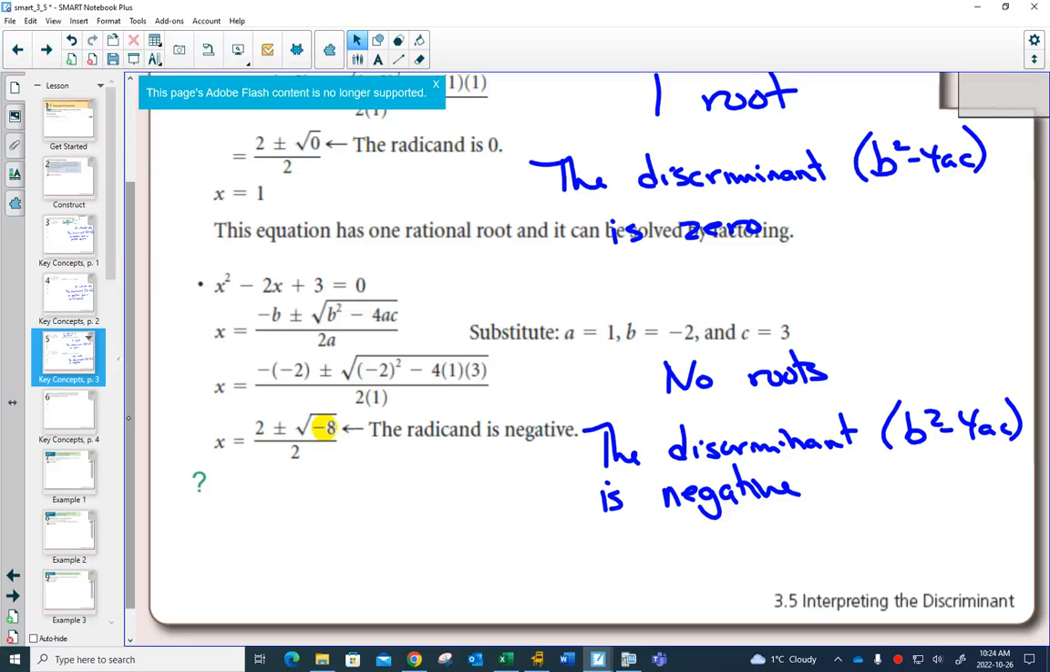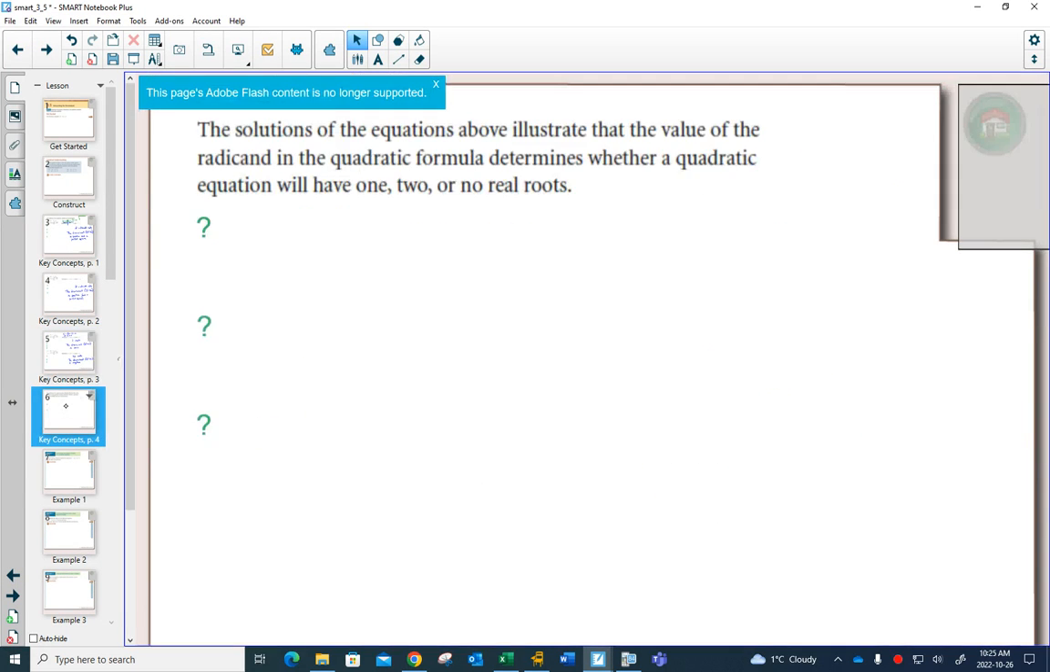So if we just analyze that part of the equation, we can tell how many answers we're going to have, right? We can tell if it can be factored or not quicker if we analyze that. So this is something that can help us. So on the next page,